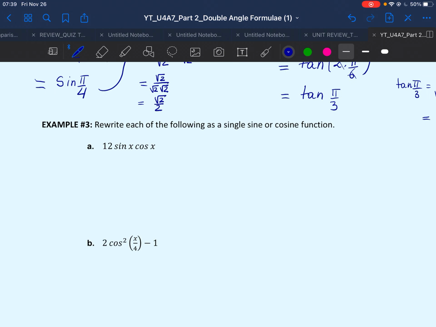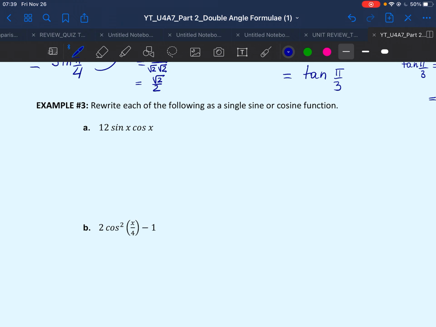Now, in example 3, it's the same exercise, but we're bringing in more interesting questions, if you notice, with these kinds of angles. So let's get started with 12 sine x cos x. Keep your formulas handy all the time and always look for patterns. The only formula where I've seen sine x and cos x multiply each other is the double angle for sine